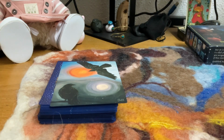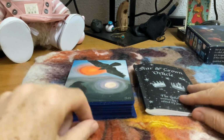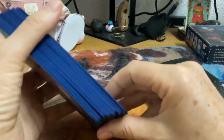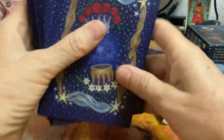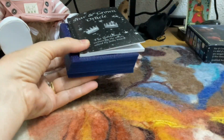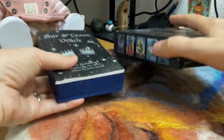Yeah, I'm going to see how the deck works in like daily draws. And anyway, I really recommend it. Oh, and I even forgot to mention the gorgeous colour on the edges of the cards. Isn't it beautiful? So yeah, $20 including shipping. Absolutely amazing, really interesting art and descriptions, and really uplifting, and I absolutely love it,